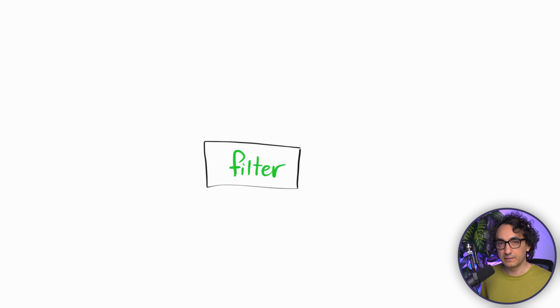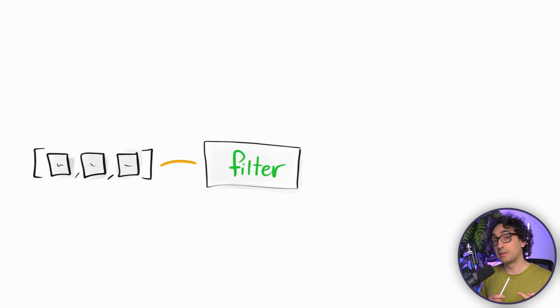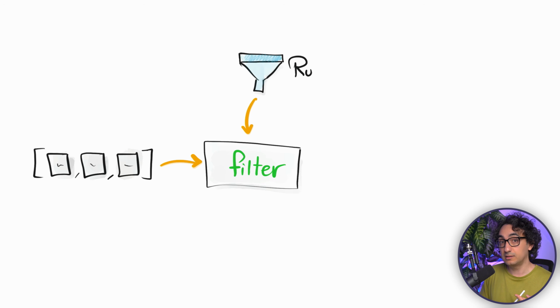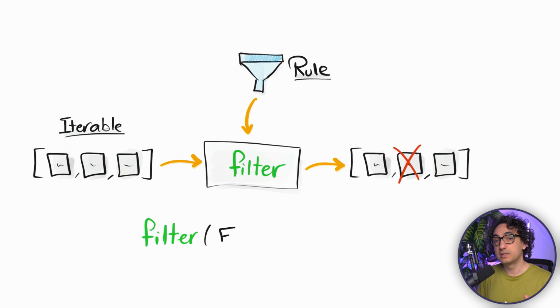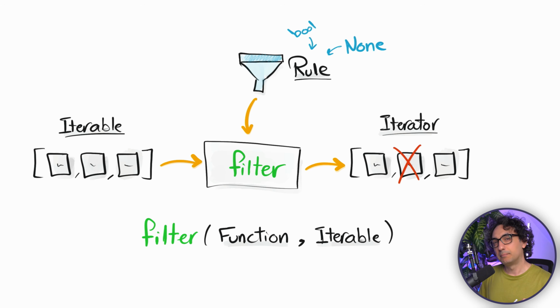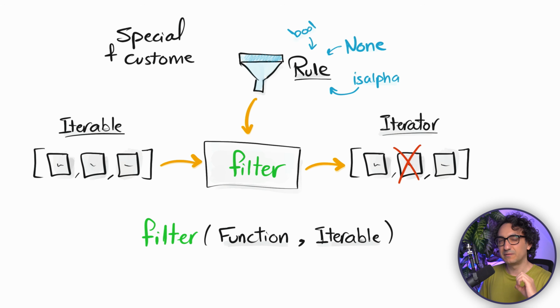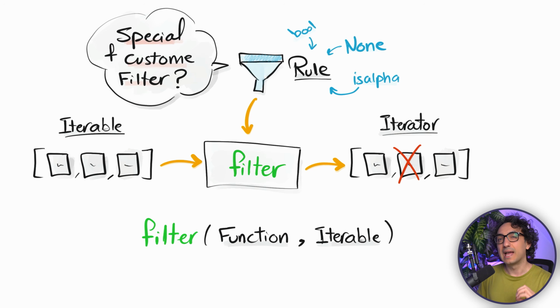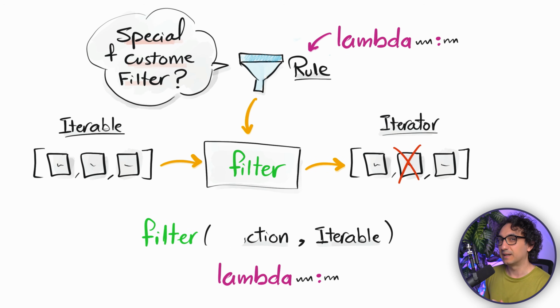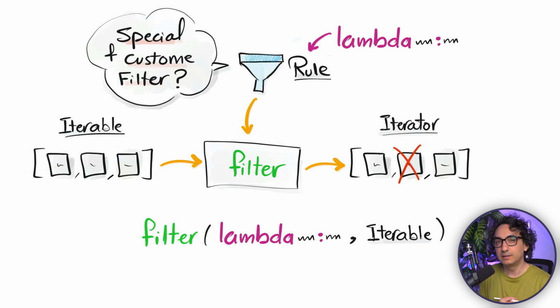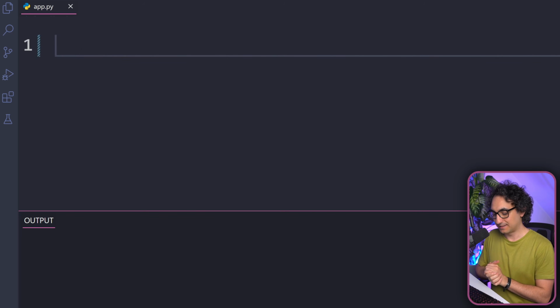Now the same thing for the filtering. We need two things: the rule on how to filter the data and the data itself. Now about the rule, the function, we could use the built-in methods and functions, but if you want some custom specific filters, we're gonna use the help of the lambda again. So that means with the help of the lambda, we're gonna specify exactly how to filter our data in the list. Okay, so let's try this out.